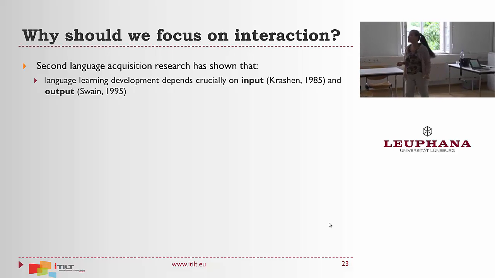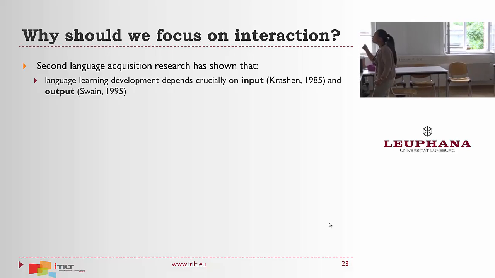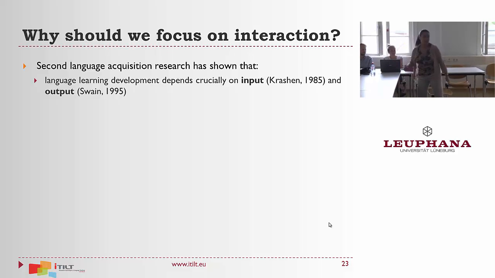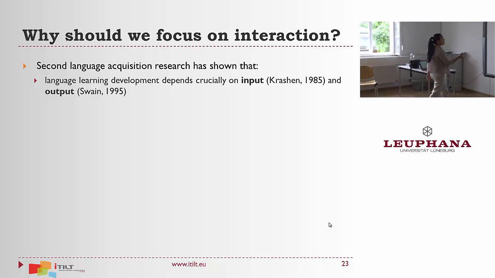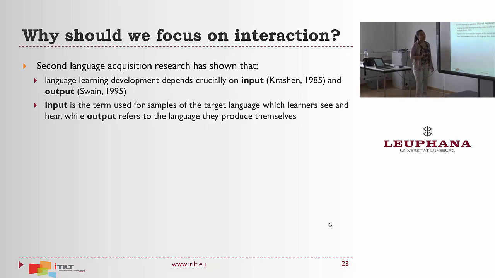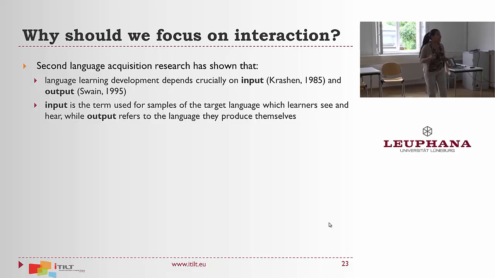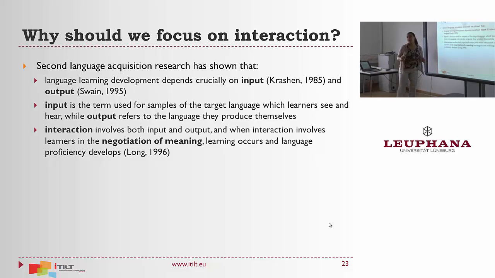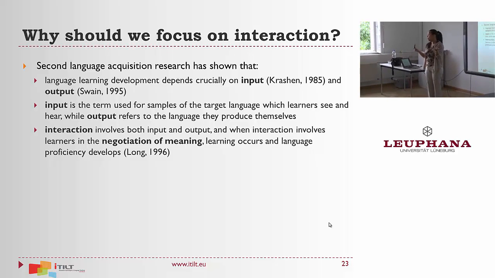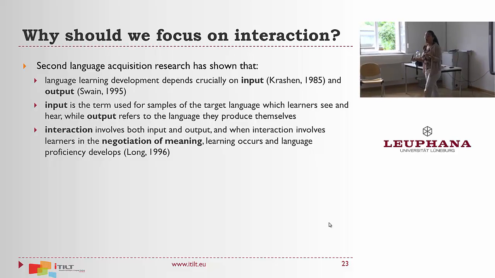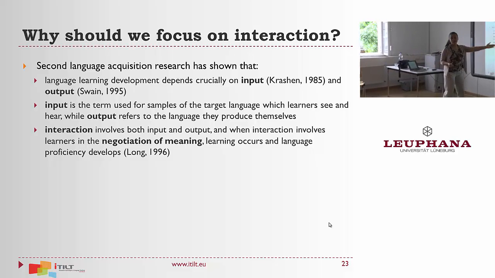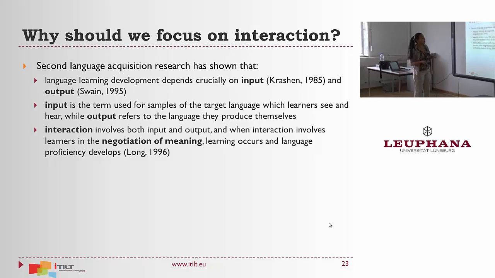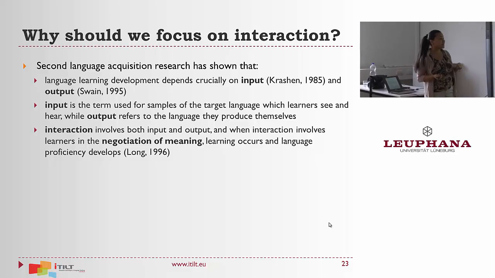But Swain says we also need output. We need to be given opportunities to produce language, right? So this is very important. So input is what you get, is what you hear, is what you see, right? And output is what you produce, as I already explained. And interaction involves both input and output. And that's why Long, a very famous researcher, you also probably know him by now, he proposes the interaction hypothesis, and he says